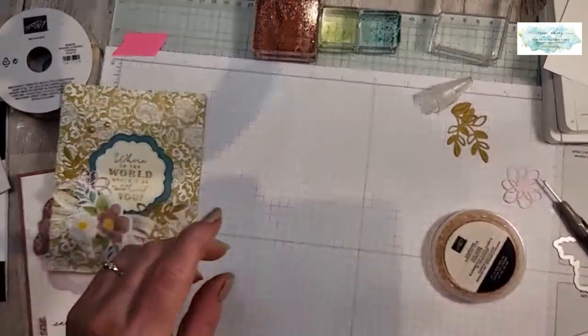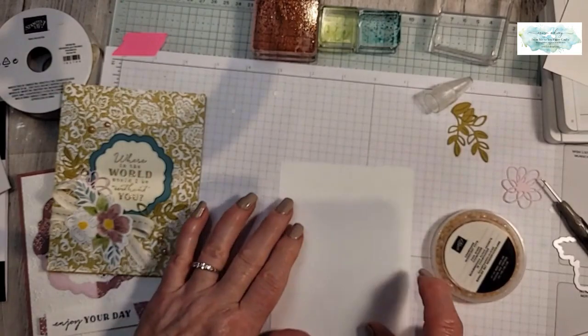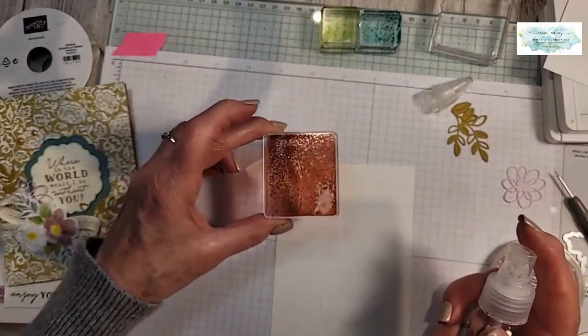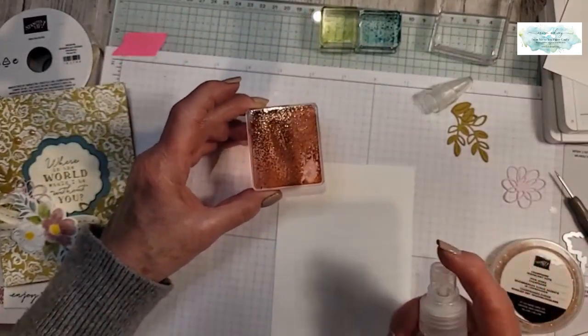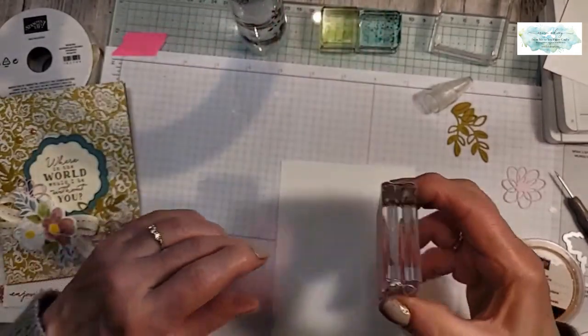Okay, now I was going to show you quickly. I've got a piece of 4 by 5 1/4 inch cardstock here, and I have a water bottle filled with water, obviously. Spritz. So what I would do is I would plan to use the rest of the ink that's on these blocks rather than waste it. So one trick is I'm going to just move this off camera. I'm going to spritz it with water, and then I'm going to lay it on